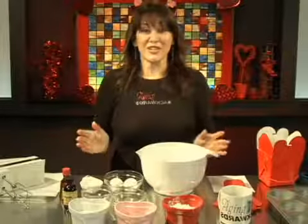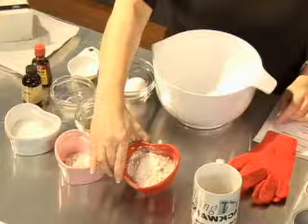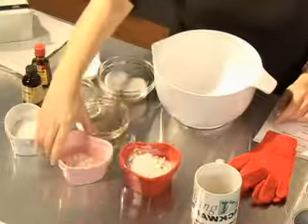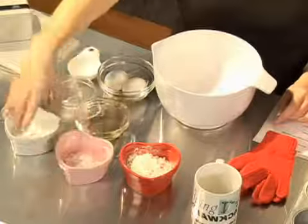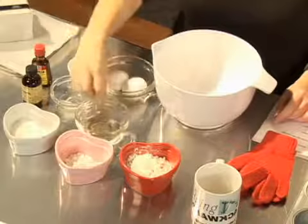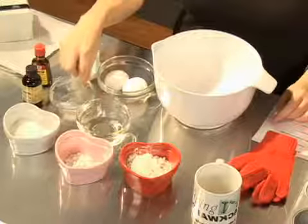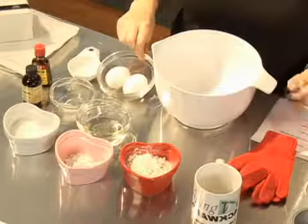Here's everything you'll need to make your romantic fortune cookies. A half a cup of all-purpose flour, a tablespoon of cornstarch, a quarter cup plus 1 tablespoon of sugar, 2 tablespoons of oil, a quarter teaspoon of salt, 2 egg whites, and I'm going to show you how to separate